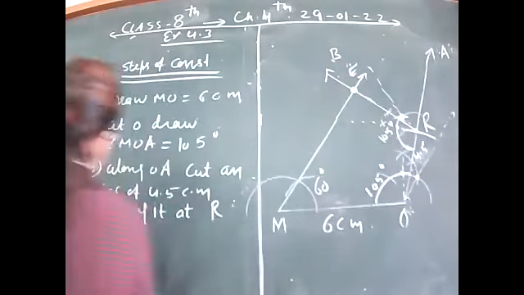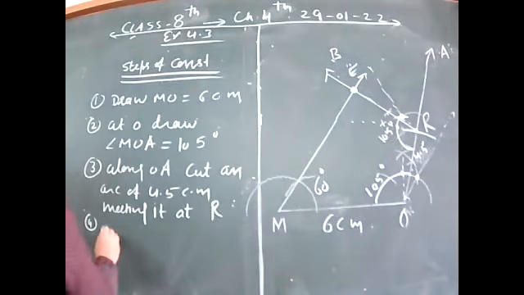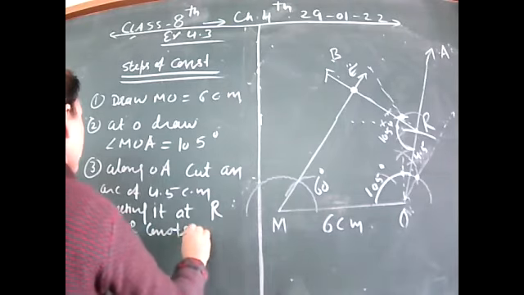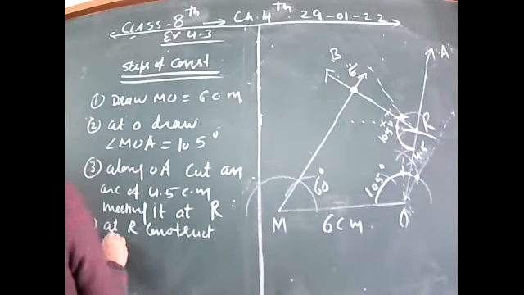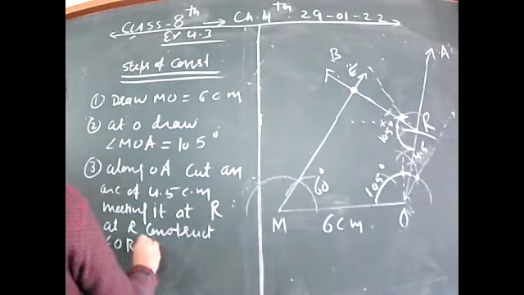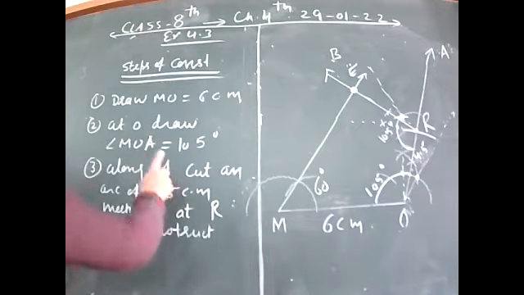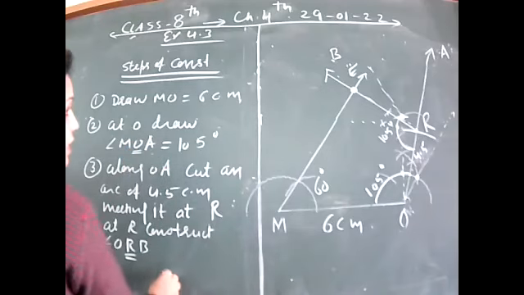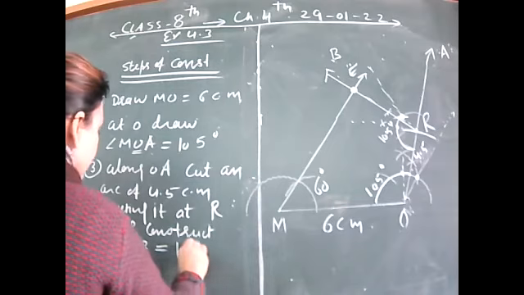Fourth point, at R, construct एंगल ORB। जिस पे एंगल आप कंस्ट्रक्ट कर रहे हो वो सेंटर पे आना चाहिए। Here you were constructing angle at O, तो मैंने O सेंटर में, ORB is equal to 105 डिग्री।